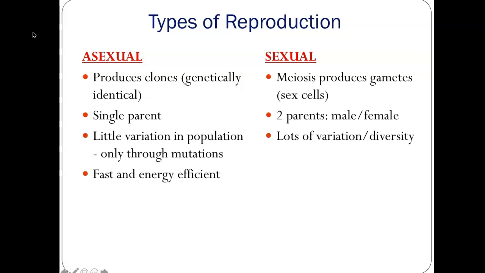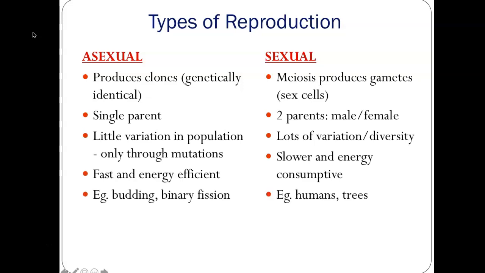And so there are different types of reproduction. When I say one set of chromosomes from mom and one set of chromosomes from dad, I'm actually talking about sexual reproduction. But there is a form of asexual reproduction in many organisms. There's not two parents, there's just one. So let's go through the differences between asexual and sexual reproduction.